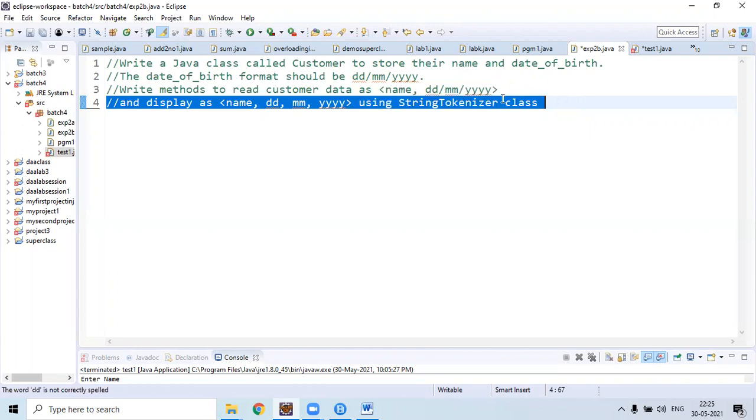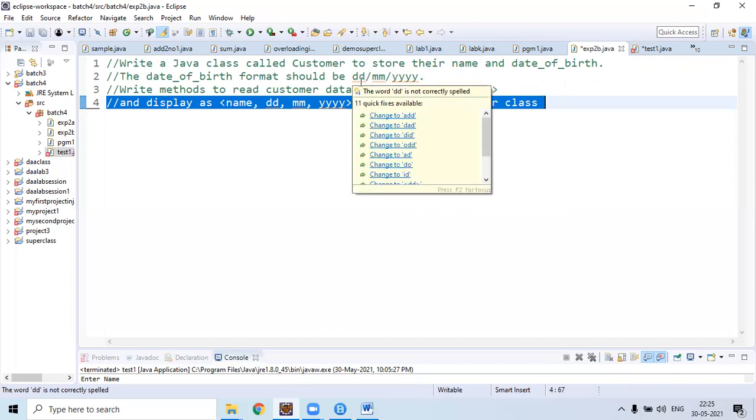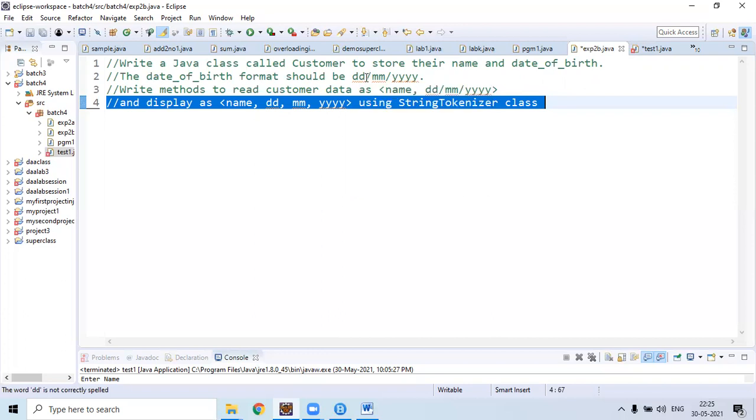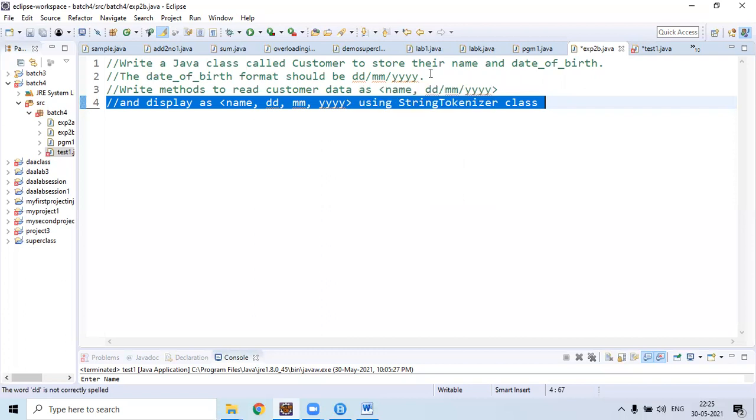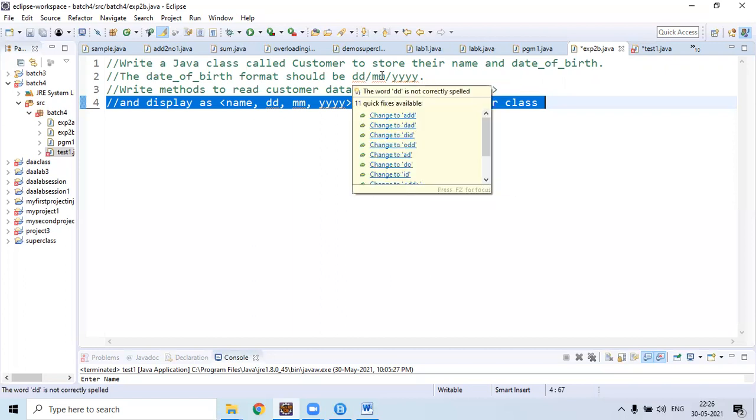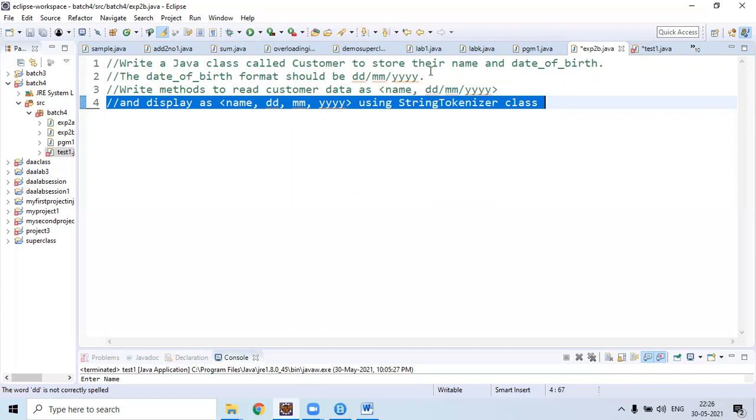Based on a delimiter, the string tokenizer class will divide the string into different parts. Those parts are called tokens. Here we need to use delimiter slash. By using slash, we need to extract day, month, and year. Totally, we will get three tokens: dd, mm, and yy.